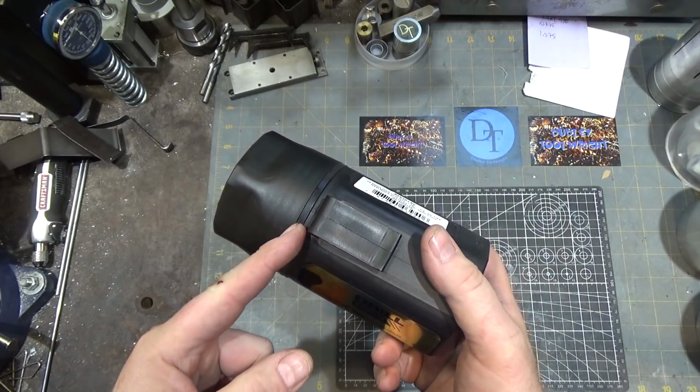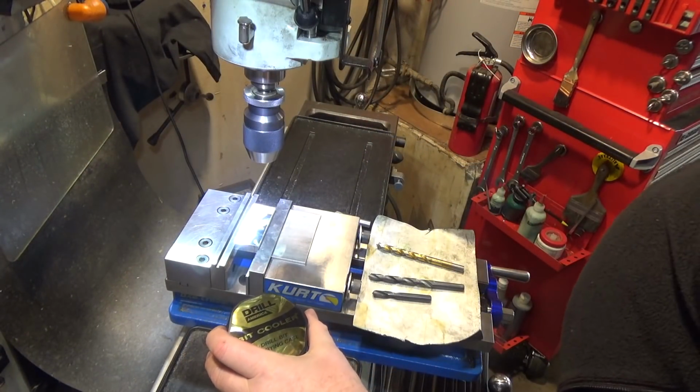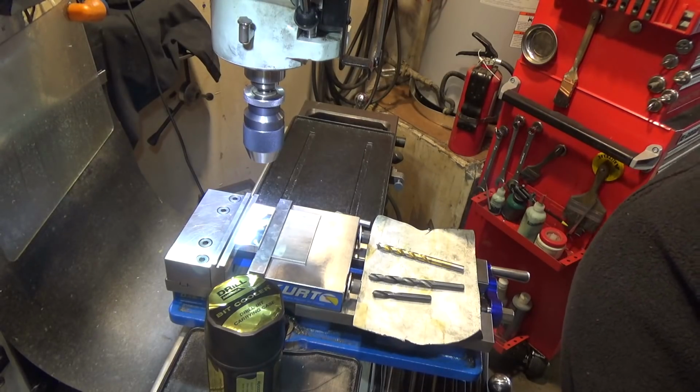Oh, and there's a gasket on it, so it's water resistant. Nice touch. Next up in the evaluation of the Drill America Bit Cooler drill bits and case, what I thought